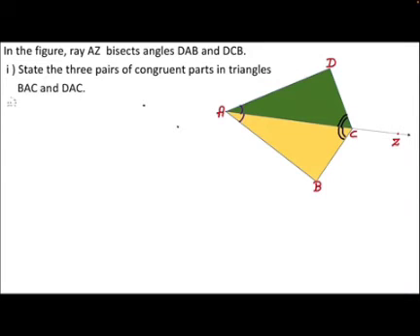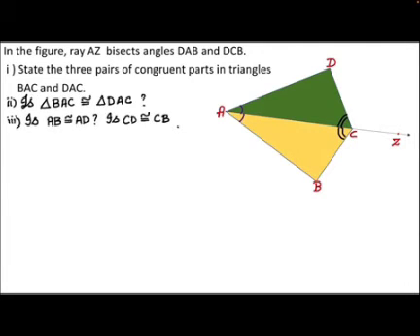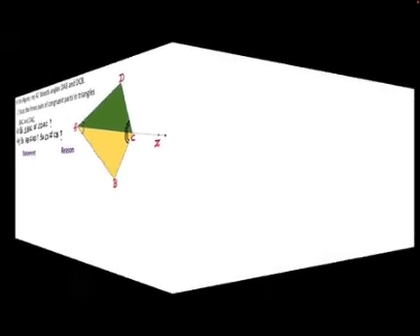The two triangles, you have to prove that they are congruent. And the second statement is angle BAC congruent to angle DAC, and is AB congruent to AD, and is CD congruent to CB? So that is the question. So statement and reason you have to show and try to prove that the triangles are congruent. Okay, children, I'll leave this to you. Try it at home. I'll send you the answer also for this.